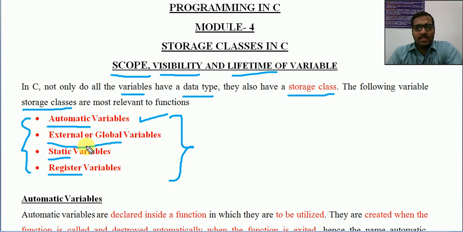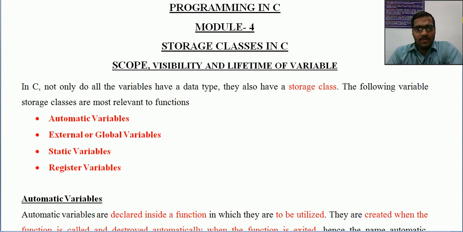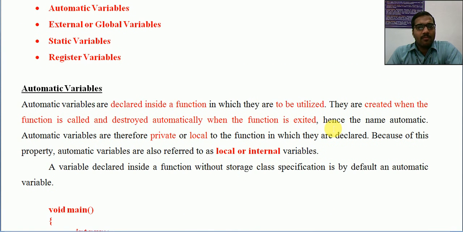The purpose of this session is to discuss these 4 categories, what their features are, how they are utilized, and to see some examples where we use these 4 types of storage classes. First we will see the first category, called automatic variables.